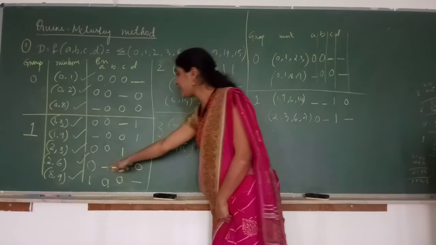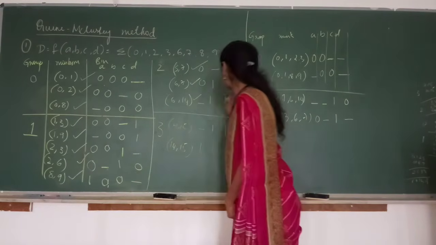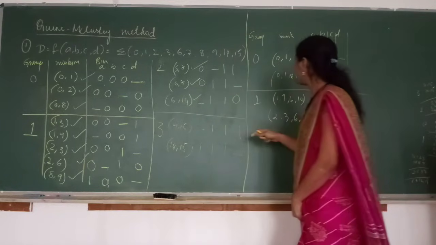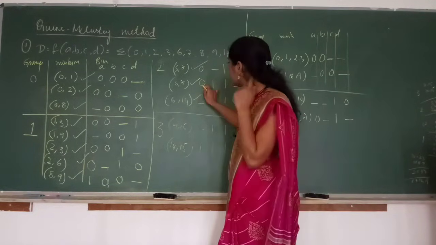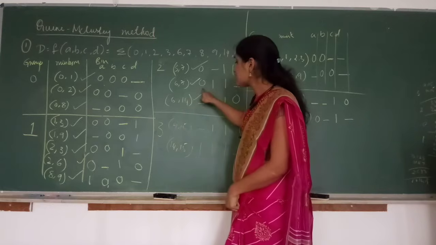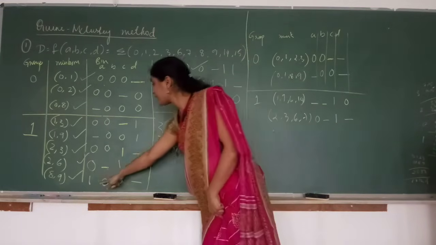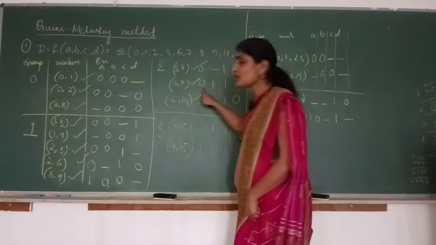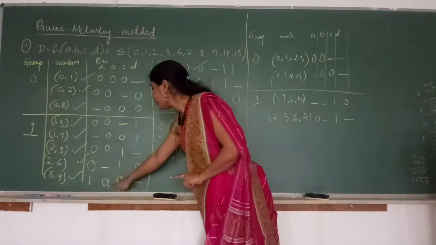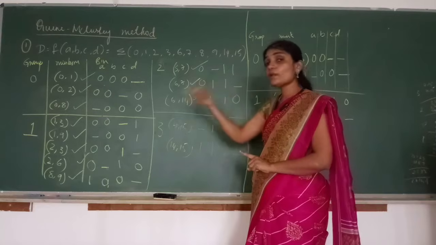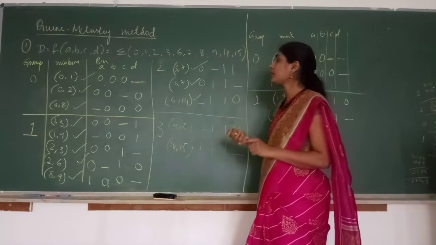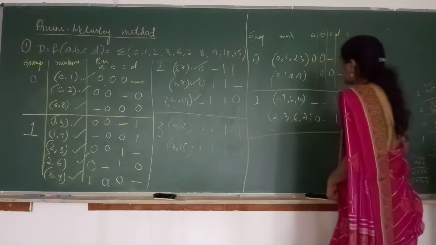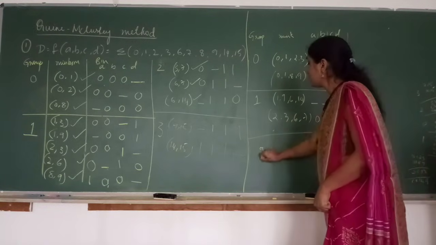Compare 8. Start 8, 9. For 8, 9, dash is for the D variable. So 8, 9, 6, 7. Can we group 8, 9, 6, 7? A is different. B is also different. I cannot group 8, 9 with 6, 7 because A is 1 here and A is 0 here. That is one variable difference. B is 0 here and B is 1 here. So I get a two variable difference. So I cannot group 8, 9 with 6, 7. Okay. So this is group 1. Now what is the next table?